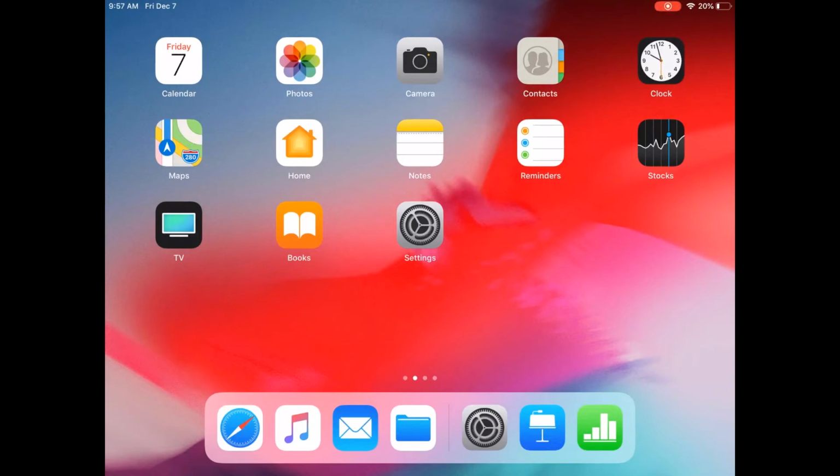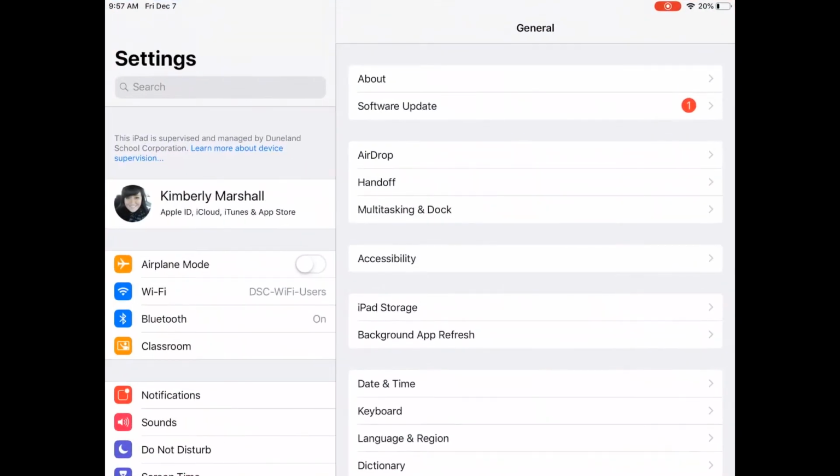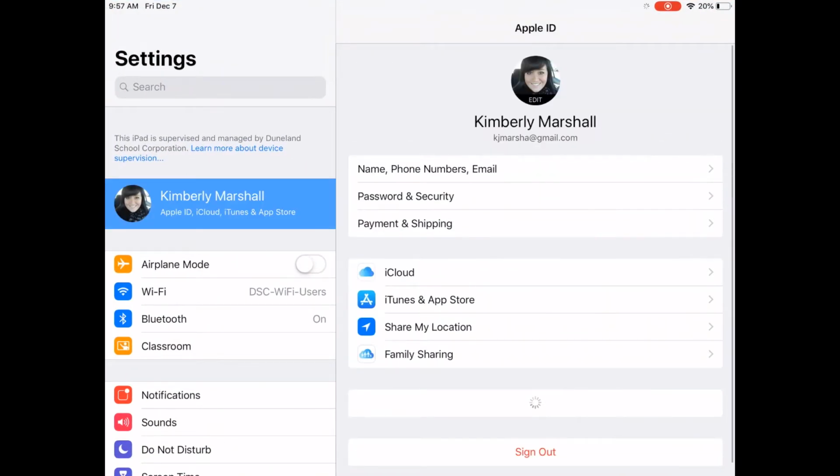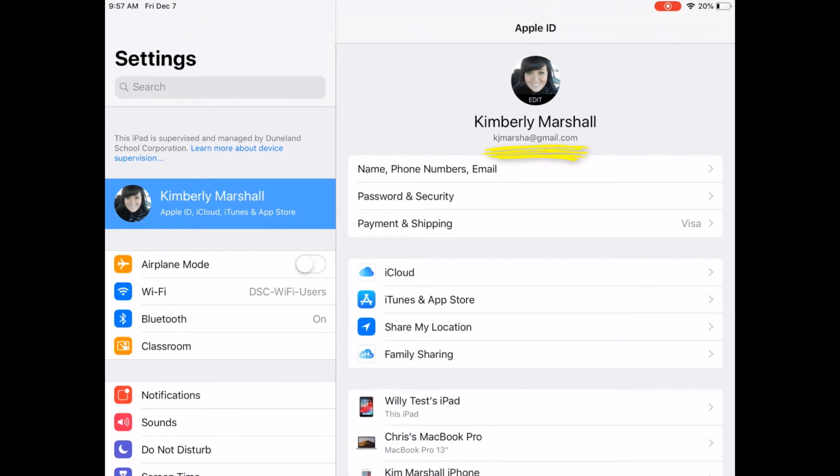Okay, so to get your iPad set up to transfer to your managed Apple ID account, you need to do a few things first. The first thing I want to point out is if you open your Settings app and you tap on your name, you're probably going to see underneath your name your own personal Apple ID. So it may be at Gmail or something like that if it's a personal email, or you may have created an account with your